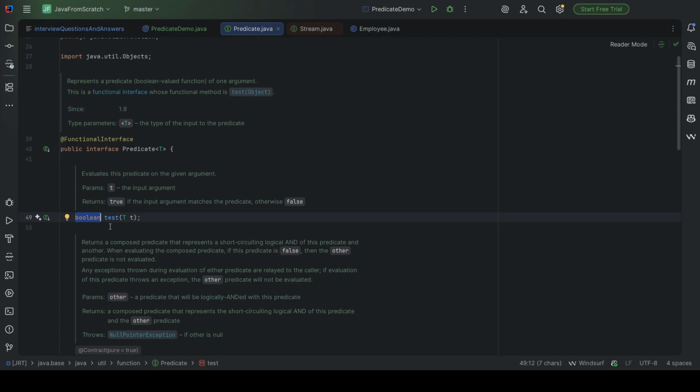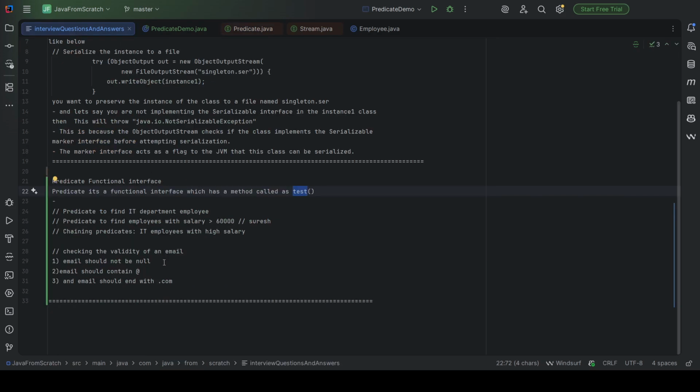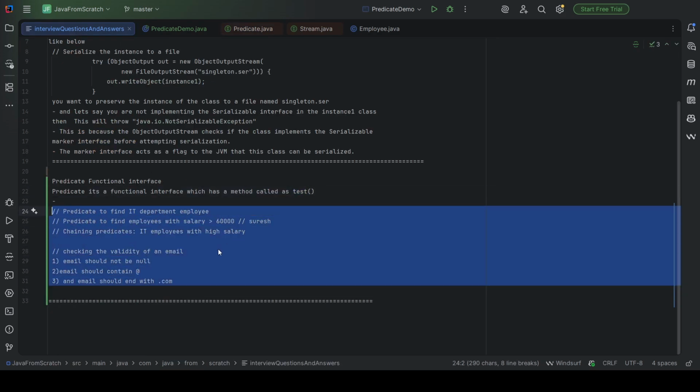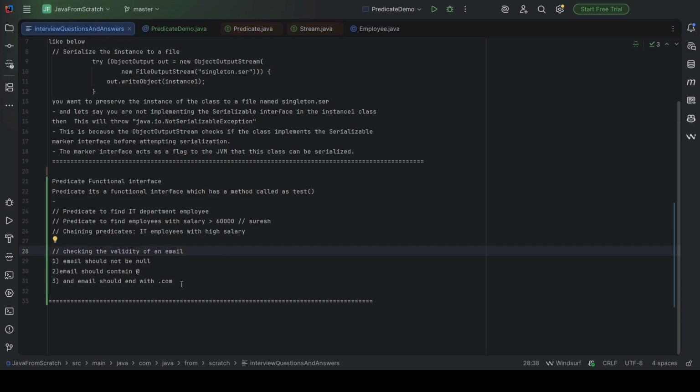If the condition is true, it will return true. If the condition is false, it will return false. So we will execute some examples to see how to use predicate inside the filter and everything.